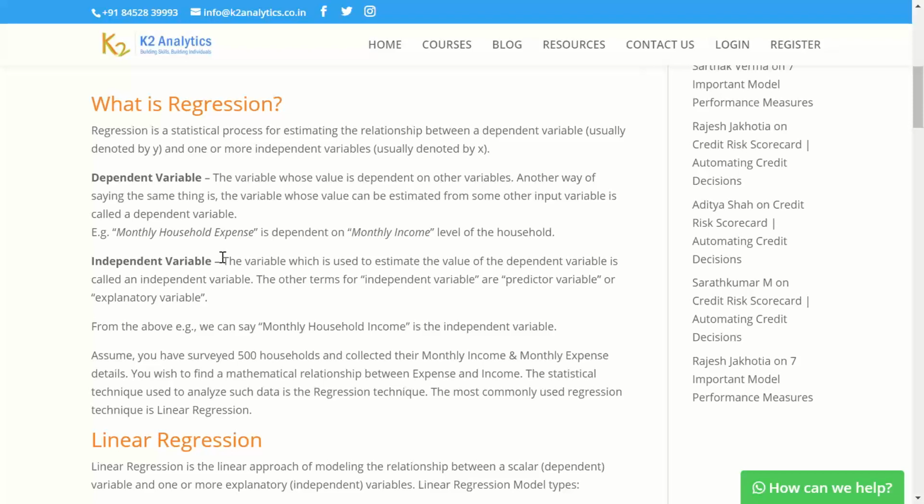Which means the expense you are predicting is based on the input given to you, which is income. But income you are not predicting based on expense. Now, having both data points available, you can ask, can I do reverse regression?